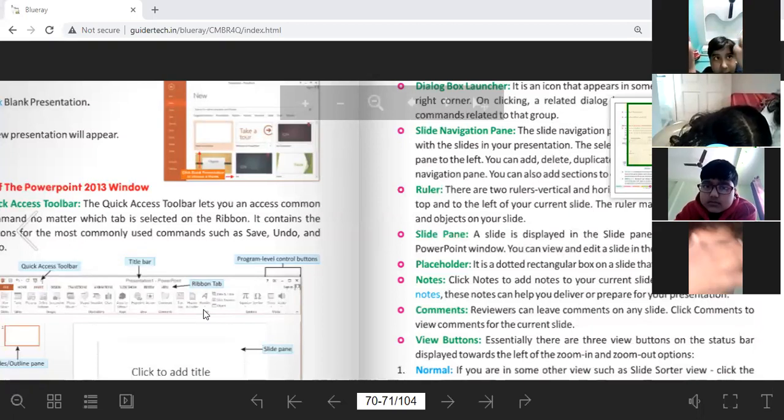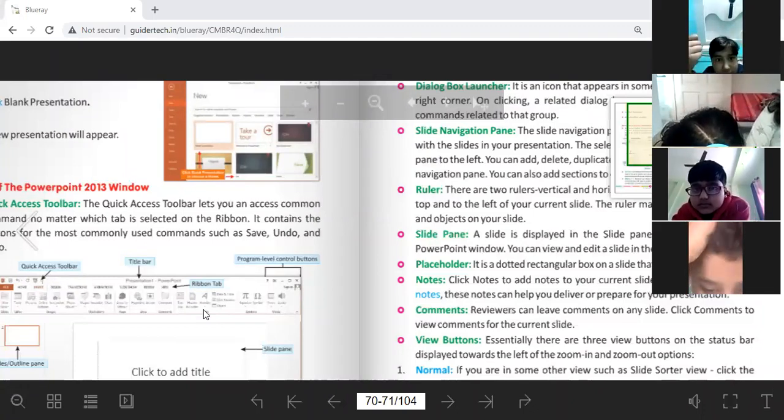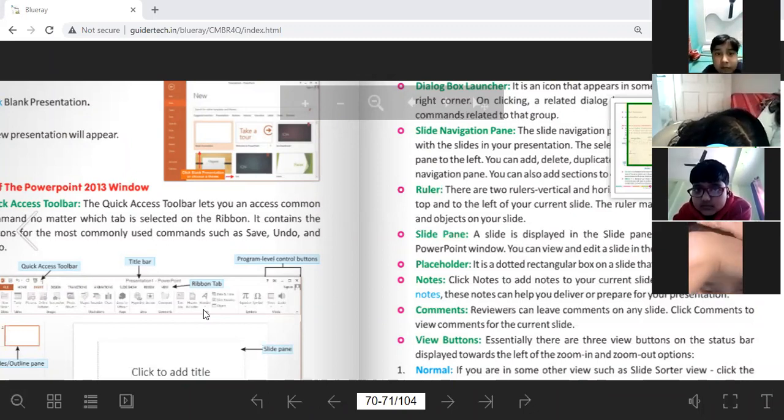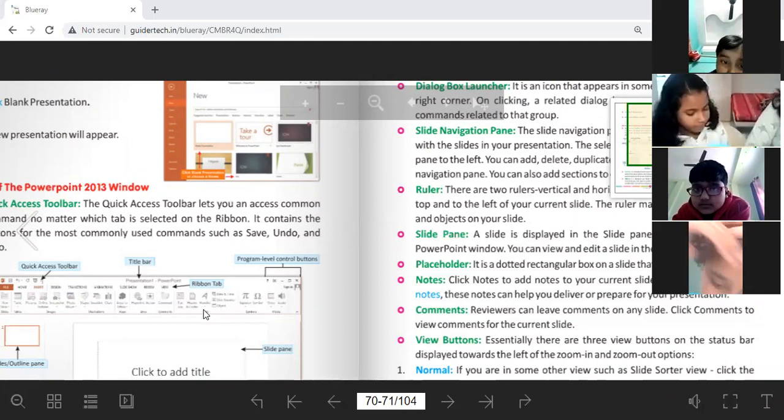Okay. Next, ruler. There are two rulers, vertical and horizontal. The ruler is located at the top and to the left of your current slide. The ruler makes it easy to align text and objects in your slide.